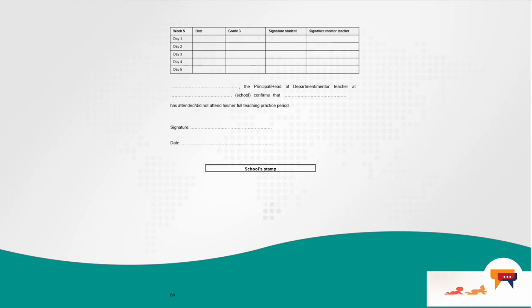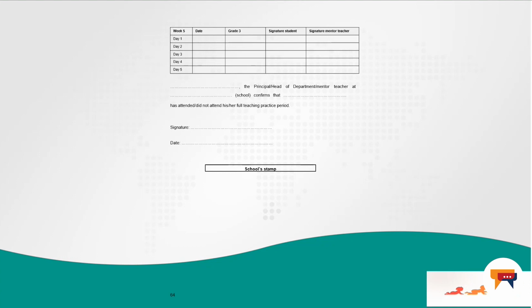Now here, the principal, head of department, or teacher of this school will indicate which one they are. Whether it's the principal or the head of department, they will highlight which one they are, or the teacher, they write their name. You don't write for them, please. The name of the school